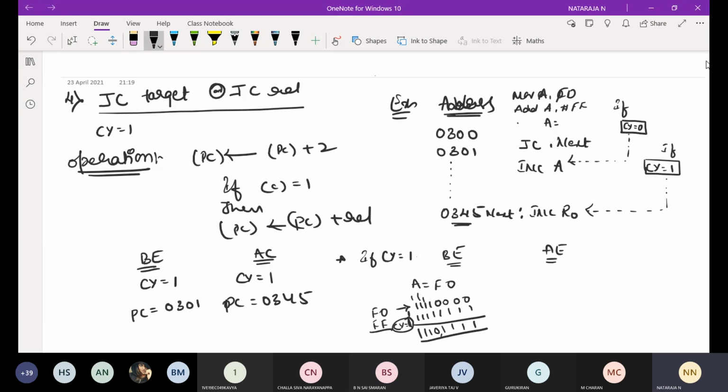EF, sir. EF will be stored in the accumulator. Carry will be generated, but the program counter will jump to 035. That is the meaning. Got everyone? Any doubts?